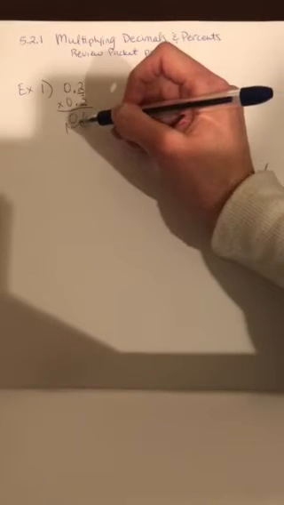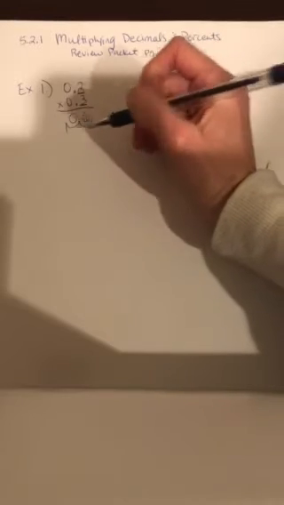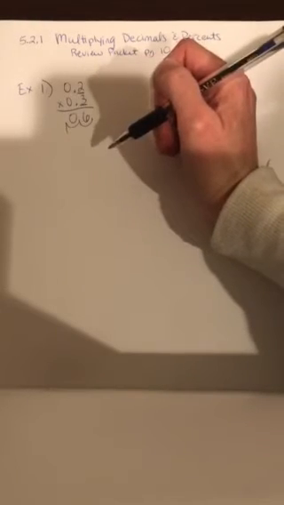Then what we need to do is count the number of places there are to the right of both decimals, okay? So 1, 2. Then you start on the right-hand side of your product, and you move the decimal that many times to the left. In this case, it's 2 times. 1, 2. I always recommend starting here, drawing it, and then putting this little tail down here so you know where the decimal landed, okay? And then I do need to hold my ones place with a 0, okay? So our answer is